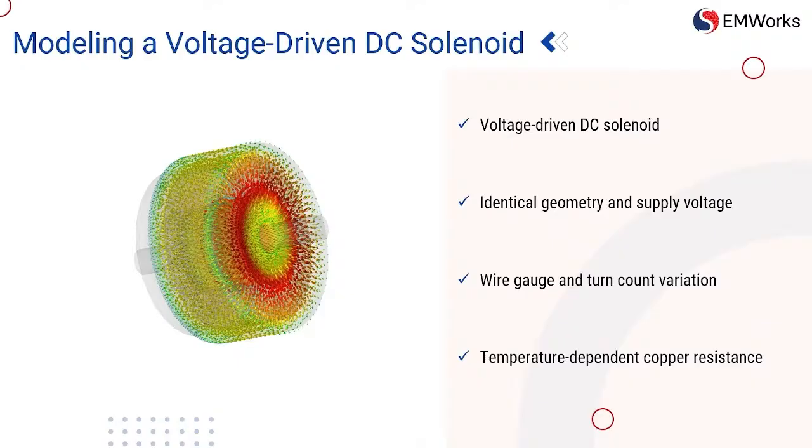Copper resistance was treated as temperature dependent rather than constant, meaning that as the coil heats up, its resistance increases and directly affects the current. This setup isolates the real design trade-offs engineers face when choosing wire gauge and turn count under a fixed voltage